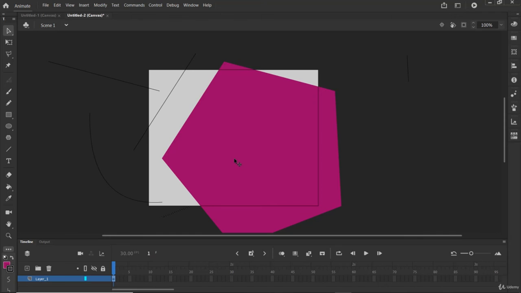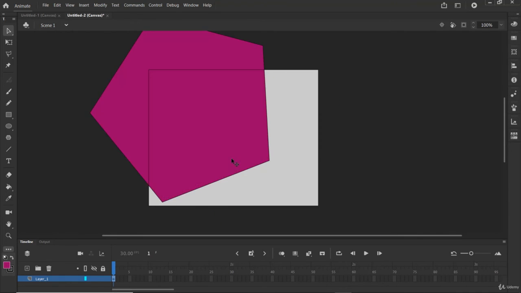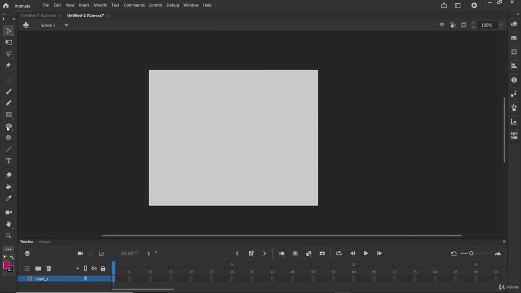So let's click undo and show you how to create an oval using this tool. You have to hold Ctrl to create a perfect oval.